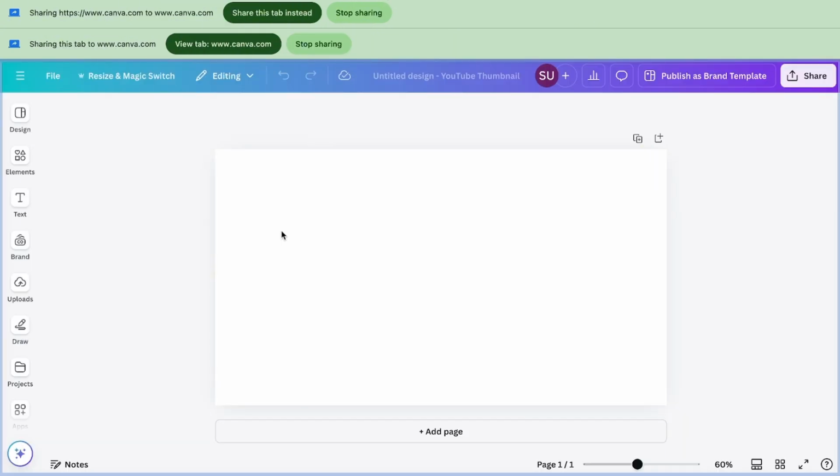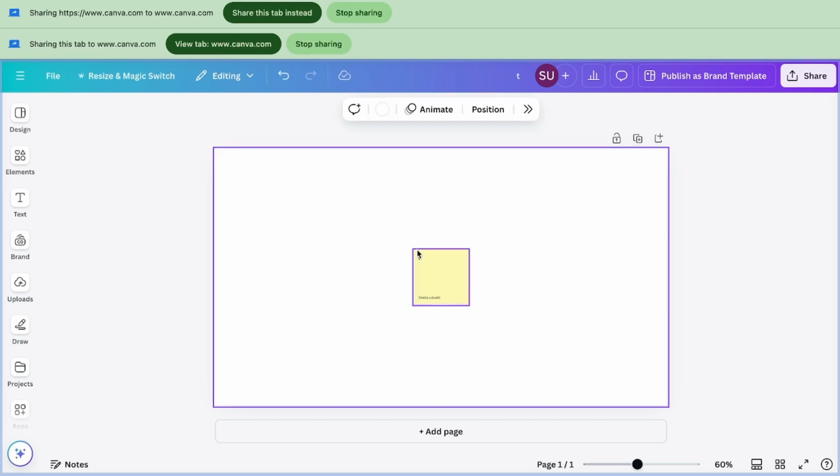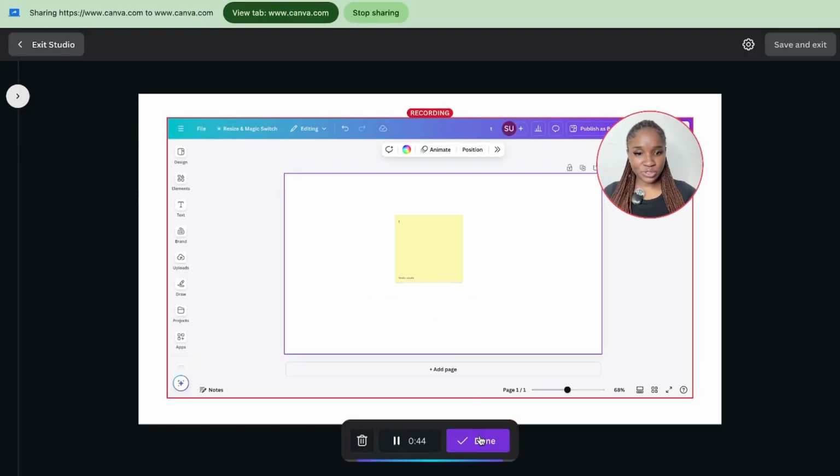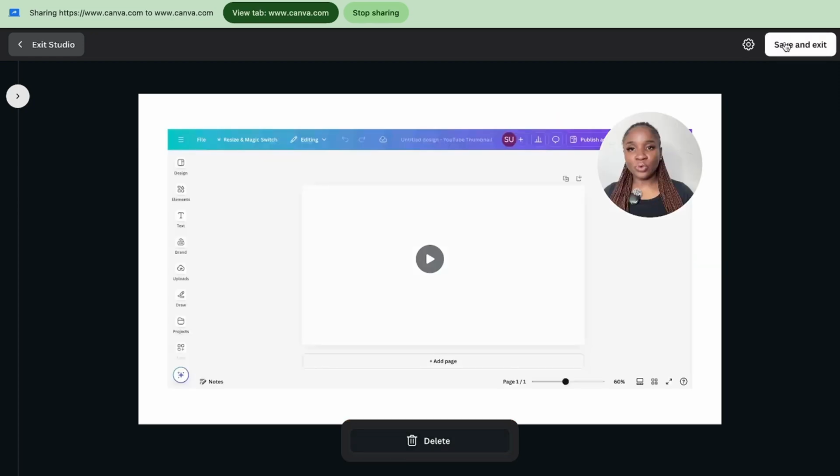And say, for example, I just want to have a text here. I just want to show you that this is a tab that is being recorded, and you can see it in my studio. Although when you are recording your screen like this, you won't be able to see yourself here, right? But it is actually recording yourself, just like it is doing for me right now. Once you are done with all of that, just click stop sharing and go onto your studio like this. Click done, and this is what you have. Next thing, click save and exit,